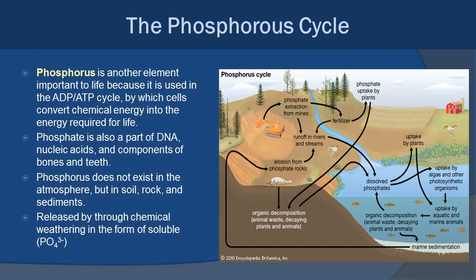All right, phosphorus up next. So phosphorus, another element important to life. It is part of ADP and ATP, so our energy molecules, which are really important. Phosphate's also a part of DNA, nucleic acids, and components of bones and teeth, so quite a lot of application there. The key thing to remember with the phosphate cycle, and again, I'm going to go kind of light on the